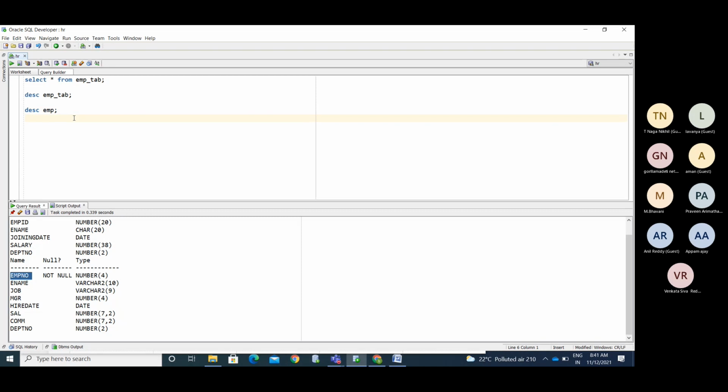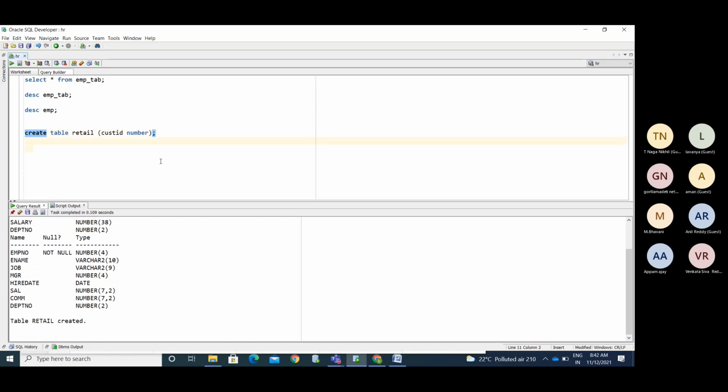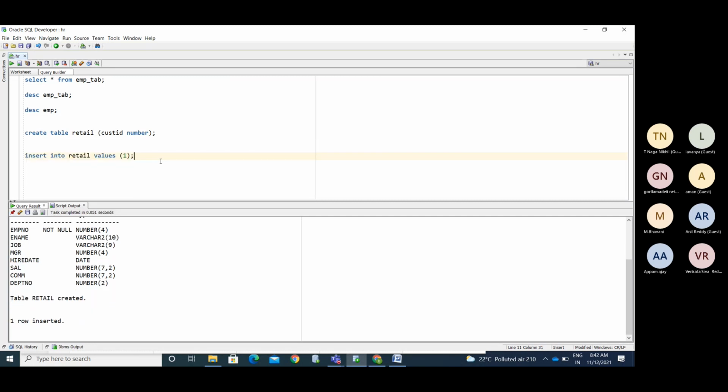Okay. So in this case, while deriving the table, create table retail, I'm deriving a customer ID number column, and I'm inserting the values.